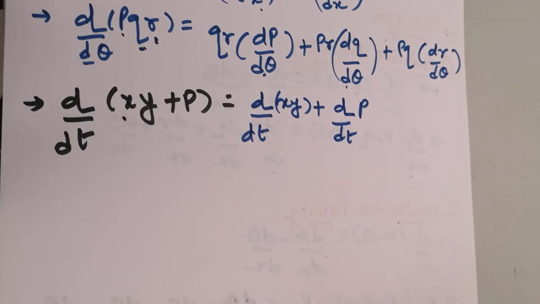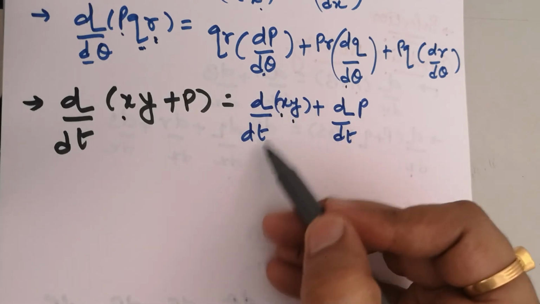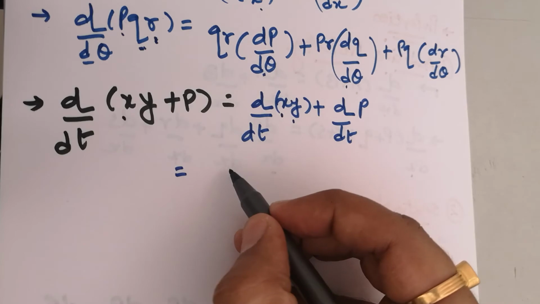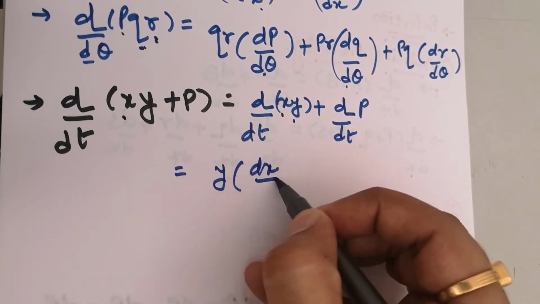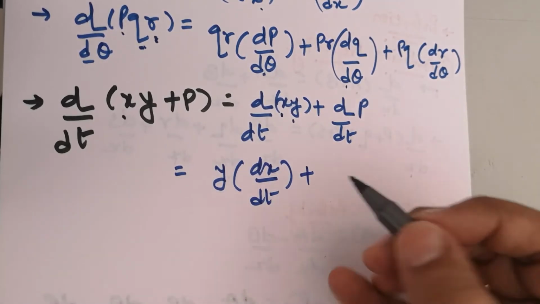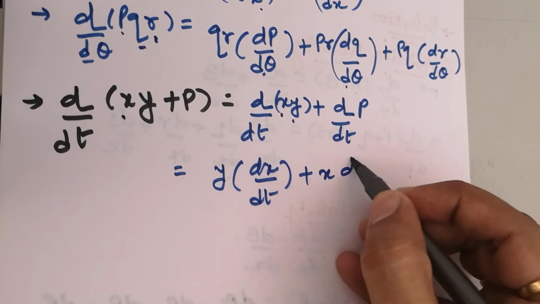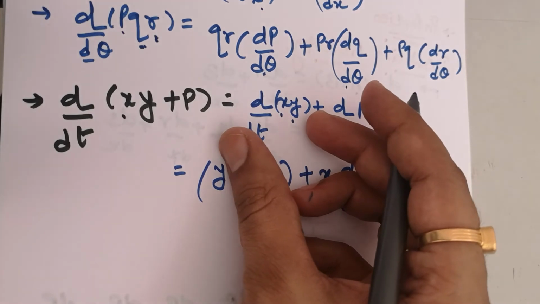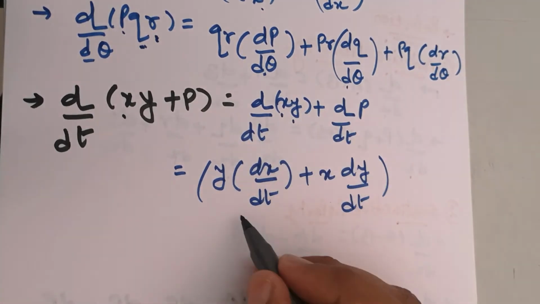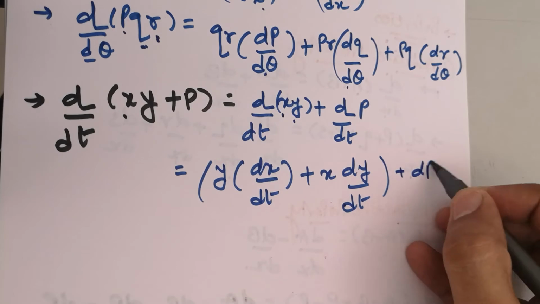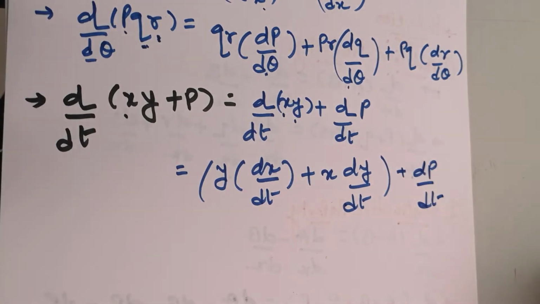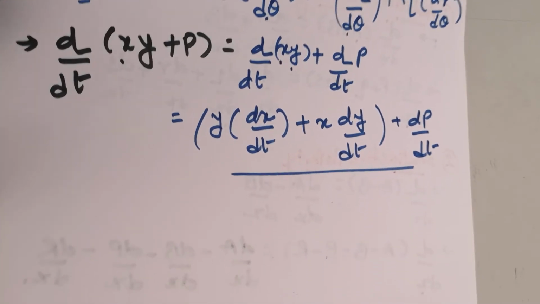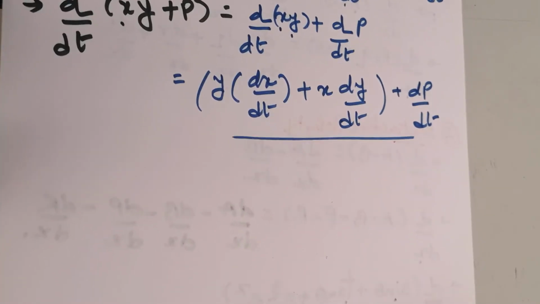Now you can see that there is multiplication because only a single term is compared with the denominator t. So we are applying the multiplication rule. y is outside, dx by dt, plus is compulsory, x is outside, dy by dt. So this is the multiplication rule applied. There are two quantities, that is why two steps, and the last one is a single quantity kept as it is. This is the solution of it. So this is how you can apply your multiplication rule, addition property and subtraction property.